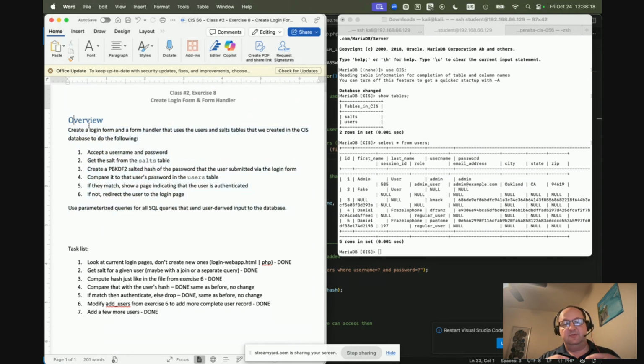It basically says to create a login that can handle the salts, tables, and everything else that we've been using and learning up to so far. So in the previous exercise, in exercise 6, we created an add user. So we were able to add a user with all the new salts and everything else, and that's great. Now they're saying you have that, but now create a login page that will also use the salting mechanism and